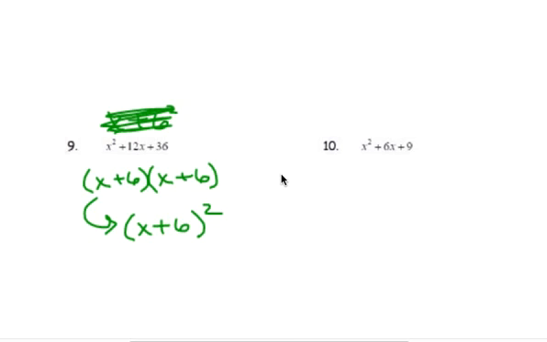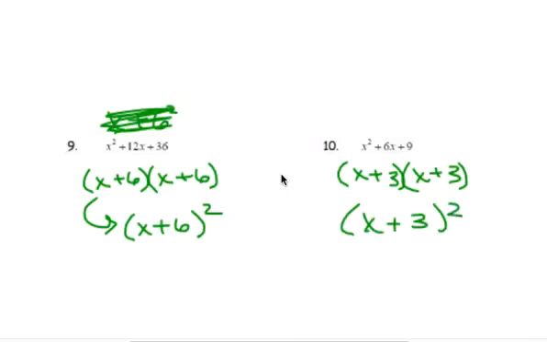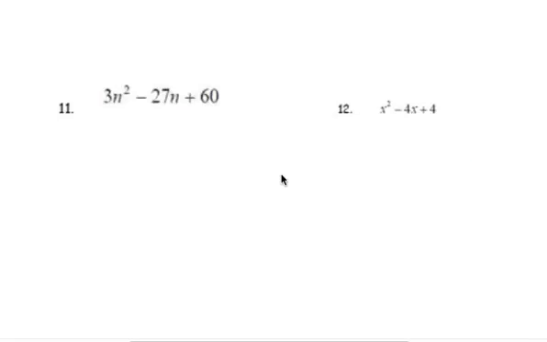Did you guys get it figured out? Okay, so x plus 3 and x plus 3. So you can write that as x plus 3 squared. Very good. Okay. All right. I want you to take what you just learned and try to see what you can come up with, and you can work at your tables for number